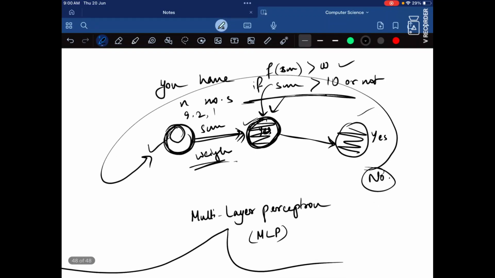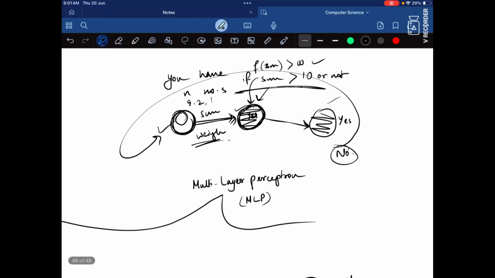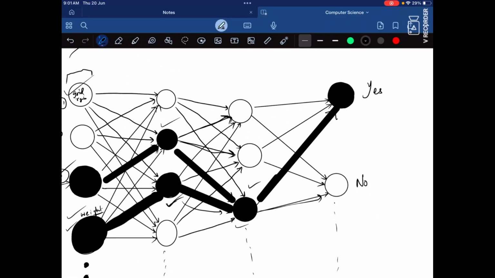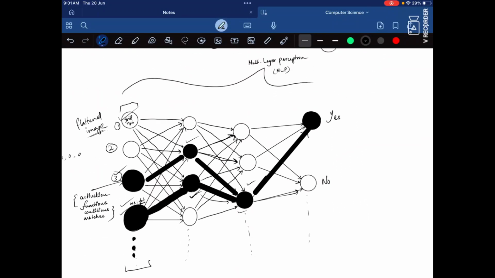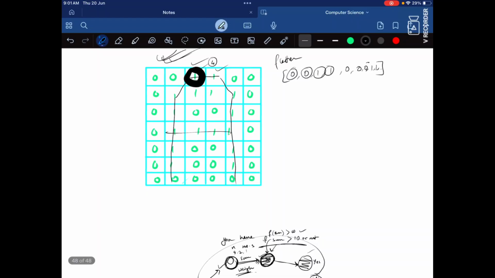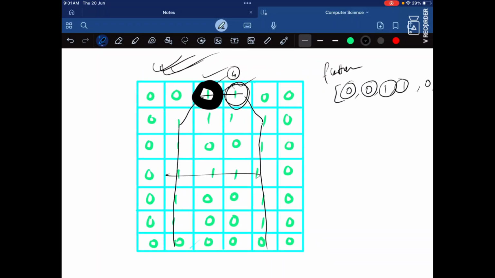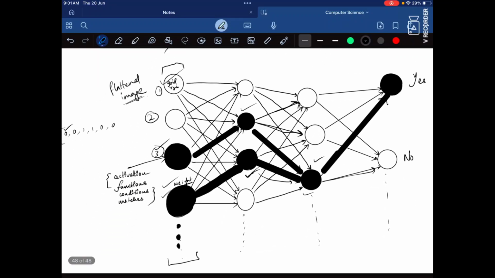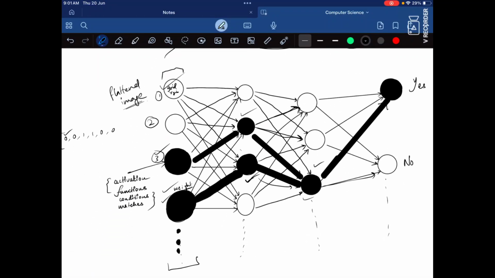To understand more about this backpropagation step, I'll make a video on the ultimate algorithm for machine learning, that is backpropagation. I'll make a video for that also. But basically this is what the activation function does. And since these two were already activated, we can see these two needed to be activated. Since it's a 1, they are passed on to the next nodes and eventually lead to a yes.